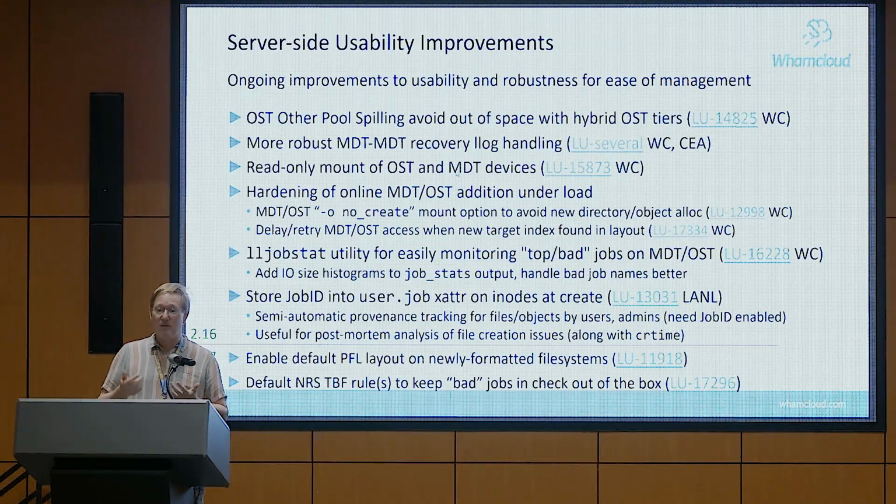to solve a number of issues that we've had with contention on resources, we started using the NRS TBF, and that's the network request scheduler. And it's essentially QoS for RPCs, so that you can balance more effectively the requests coming in to the servers. And essentially today it's first in, first out. And so whichever job is running on the most nodes gets the highest fraction of the server resources. But,